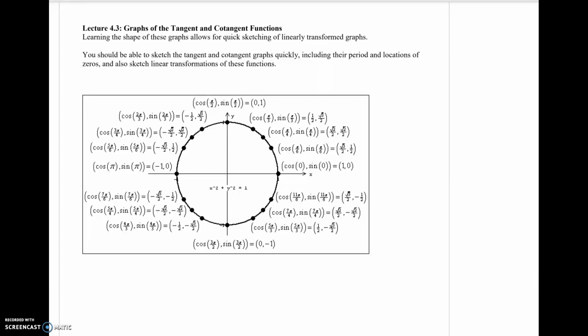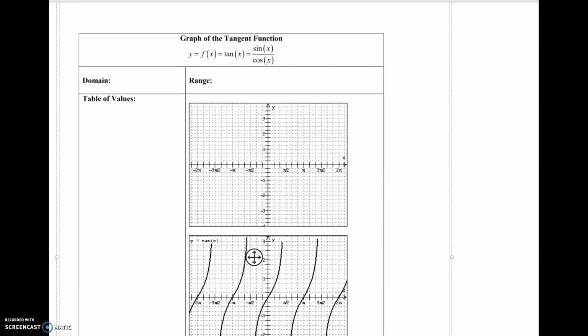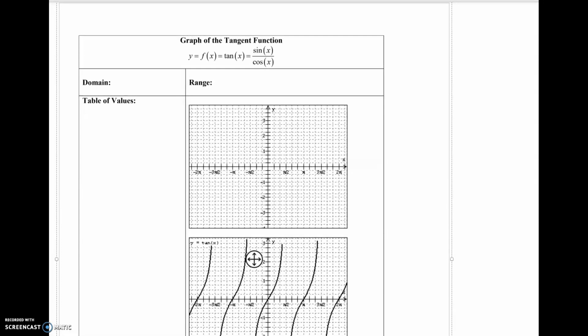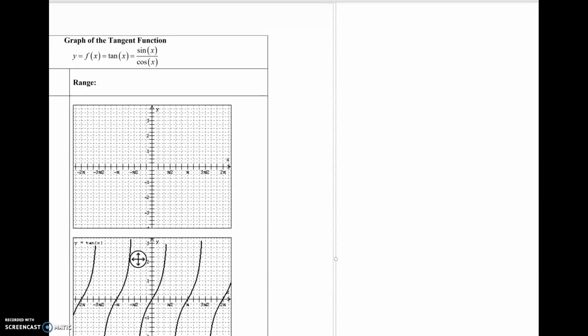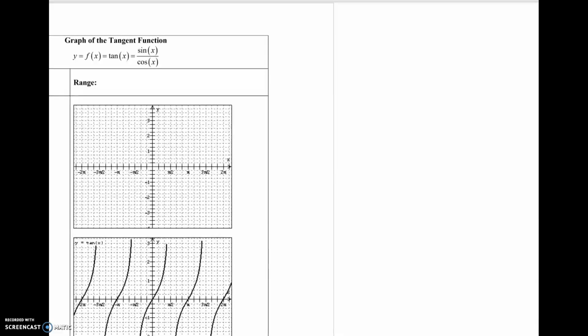therefore you have a denominator, and you know that when you have a denominator, this one cannot be equal to 0, and that will define your vertical asymptote. So let's work this out with the first graph, which is tangent x, which is sinus x over cosinus x. The first thing I want to do is look at my denominator,